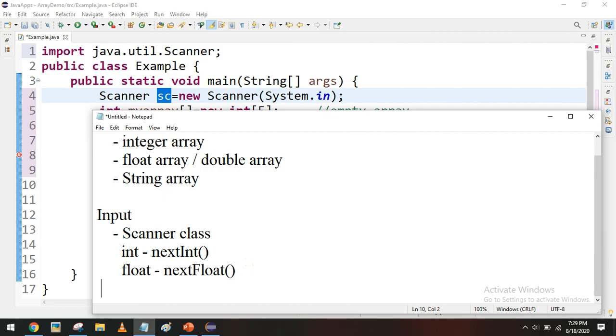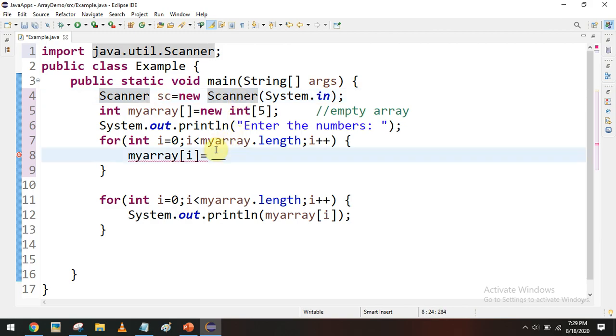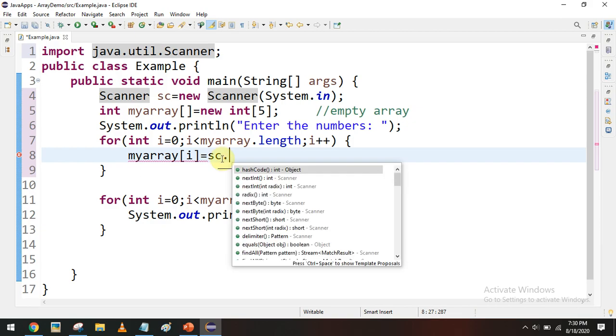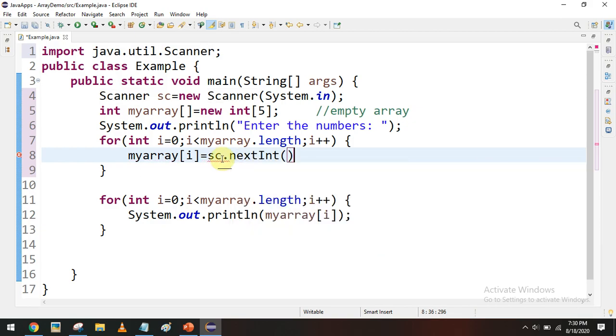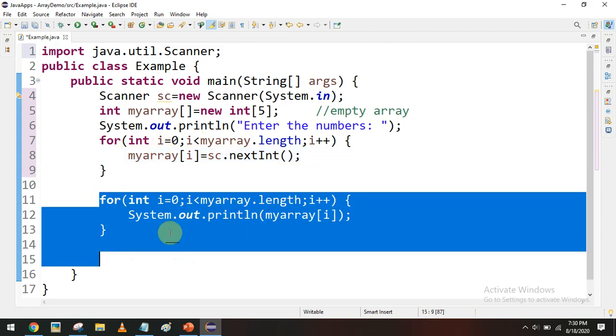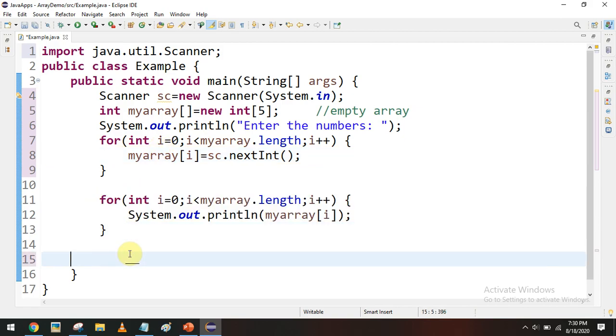You can use nextDouble for double data. In this example, since we are creating an integer array, we use sc, the Scanner object, dot nextInt. Once you use nextInt, we can scan the integer data and store it in the array. After storing the array, here I am displaying it. So now let's check the output.